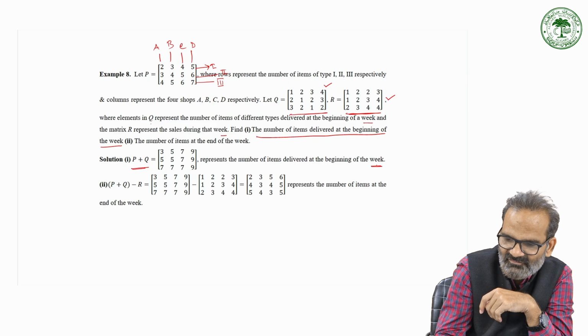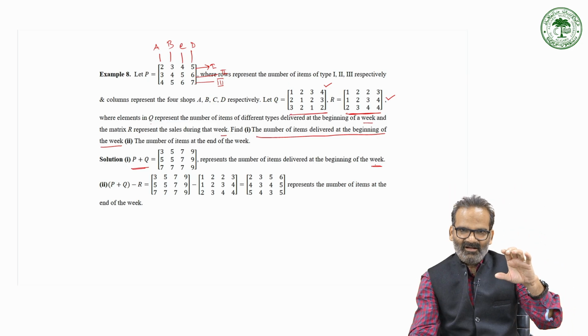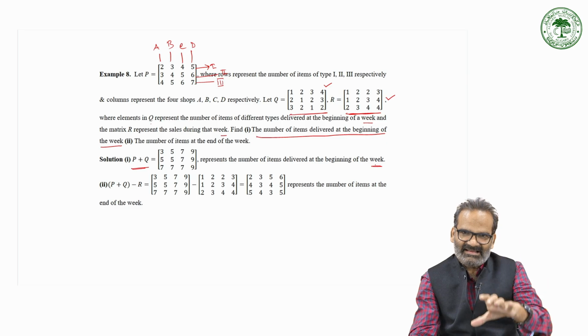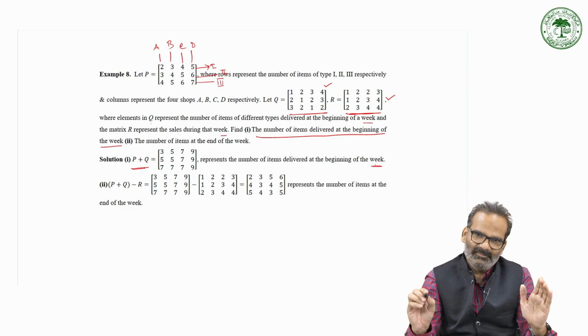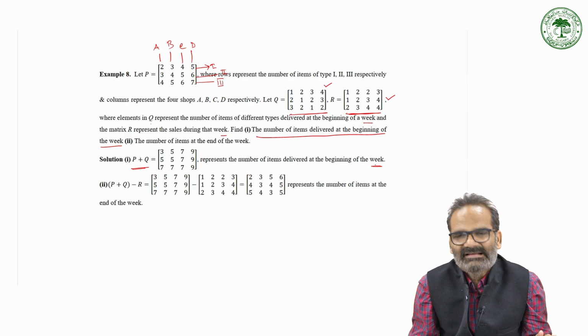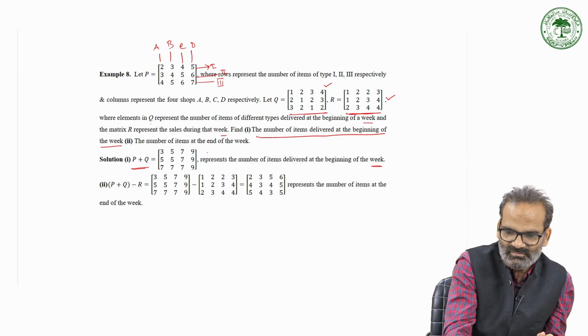beginning of the week, because Q simply represents the number of different items delivered at the beginning of the week, and P represents the 3 categories of the items available at the 4 different shops A, B and C. So if we add up P and Q, we will get the total number of items delivered at the beginning of the week. What we need to calculate in case 2 is the number of items at the end of the